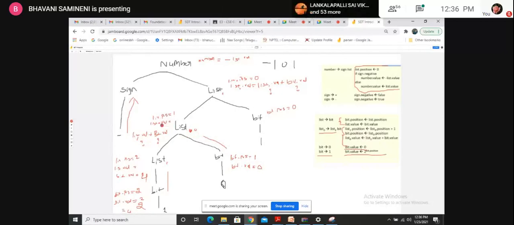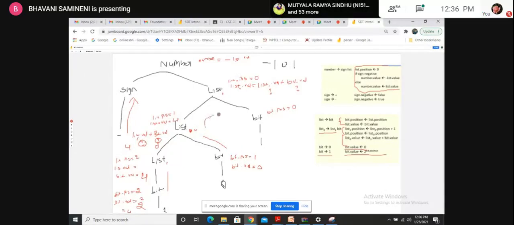What is the pending action? List dot value is equal to list dot value plus bit value. Now we get to know what list value is, right? Instead of question mark, I'm filling 4 now. And instead of this question mark, because this value is computed, that is 0. 4 plus 0, that is 4 here.